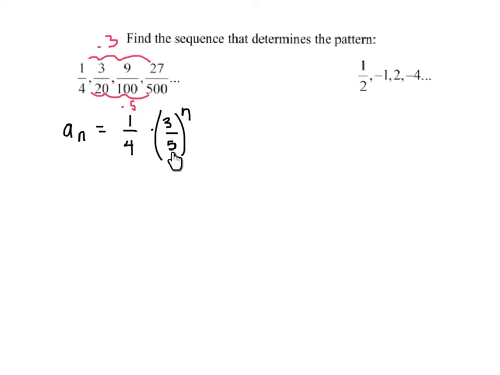So you need to adjust that, or you could specify that n is equal to 0 to start with. It really doesn't matter. I think usually we want n equals 1 in your book, so you may need to adjust. But that's our sequence. We just figured out what was happening,